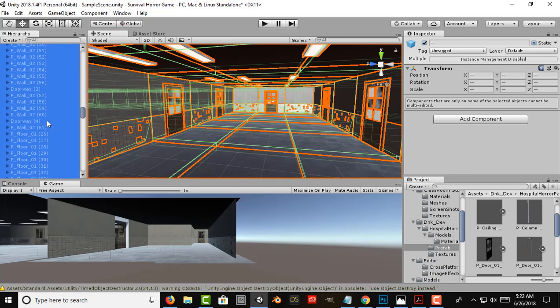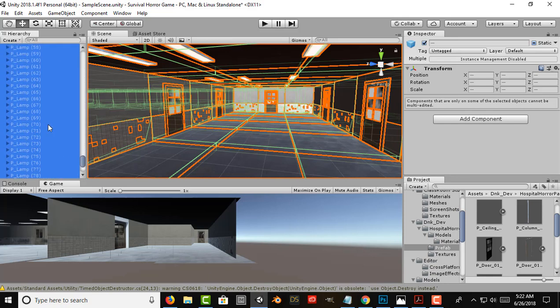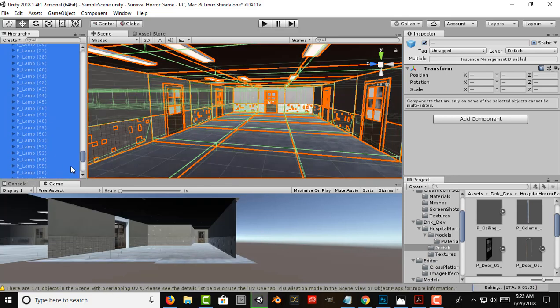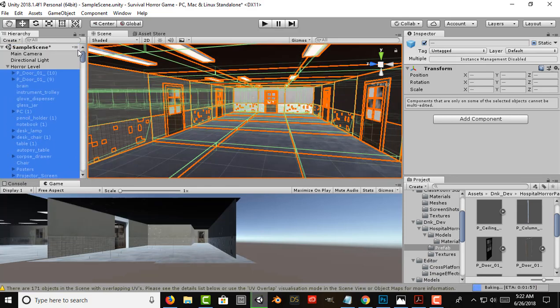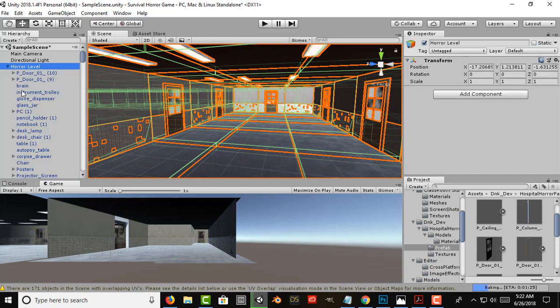Then I'm going to drag this into Horror Level. And now if we uncollapse that,